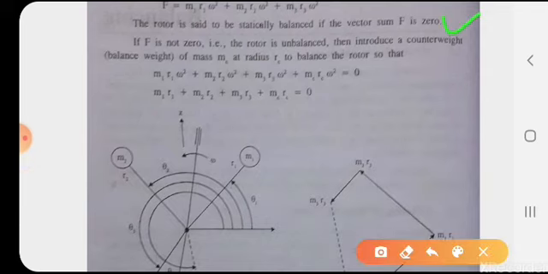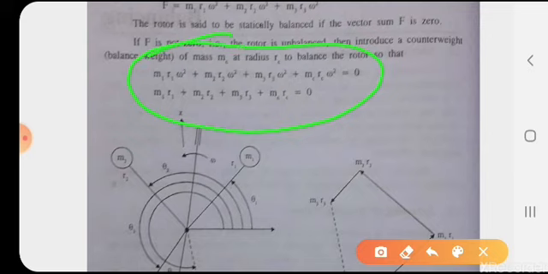If F is not equal to 0, the rotor is unbalanced. Then introduce a counterweight, that means a balance weight of mass mc and radius rc, to balance the rotor, so that we can write this equation: